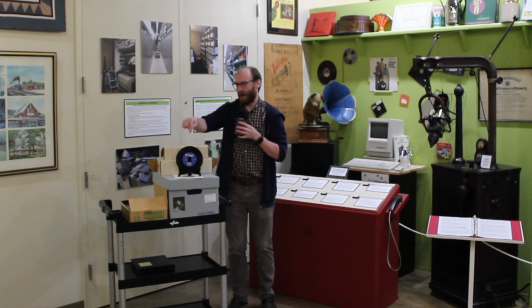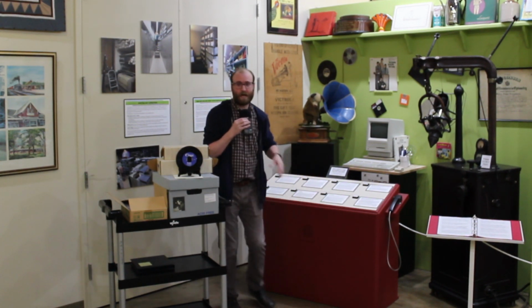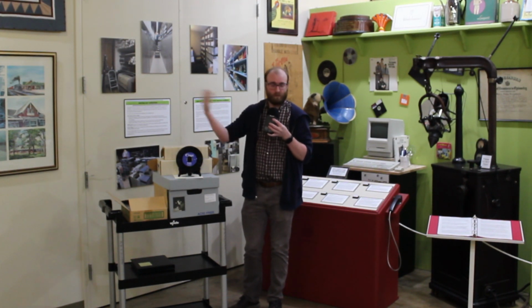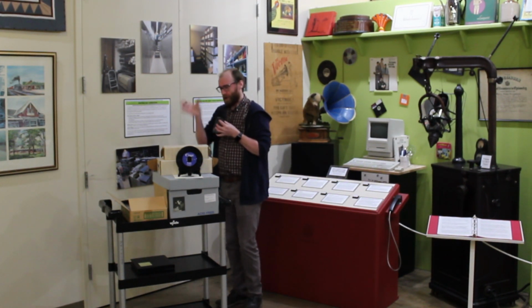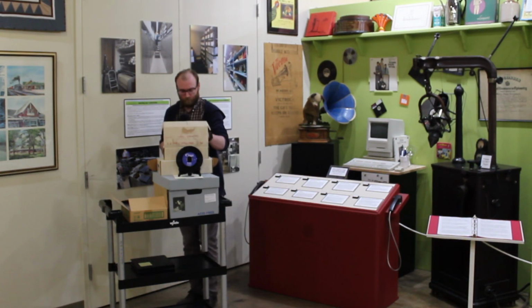So we have this. Obviously, this isn't what I used. It's not putting the needle down and playing it inside the cabinet. We had actually got somebody who had already digitized this and just edited it down a little bit for this particular recording. Similarly, we have these cassette tapes. These are from the